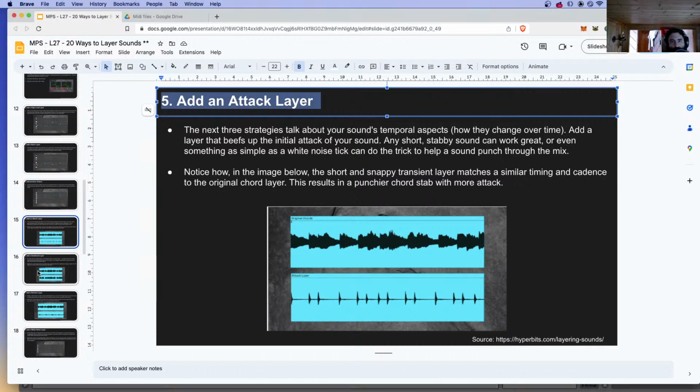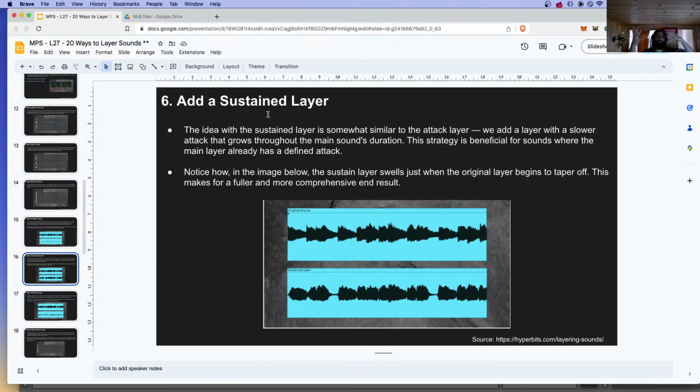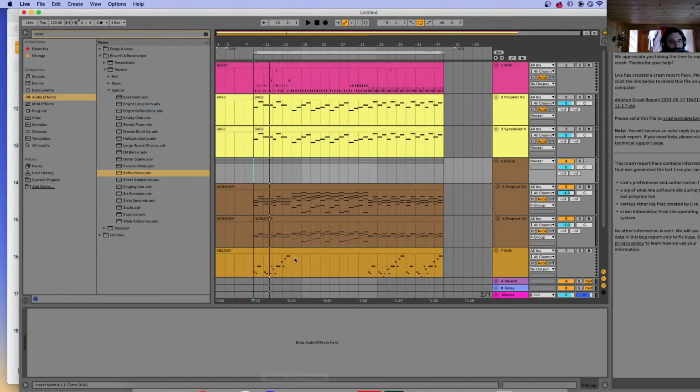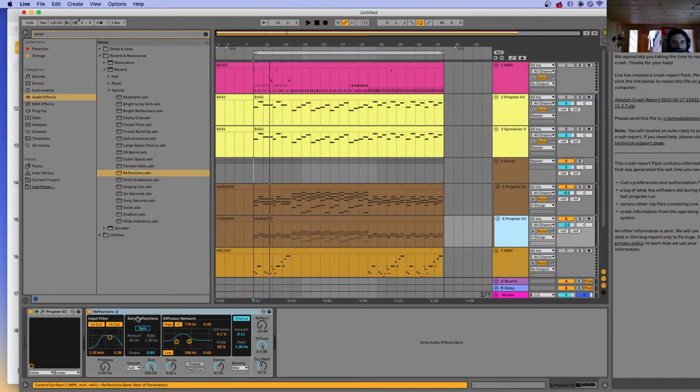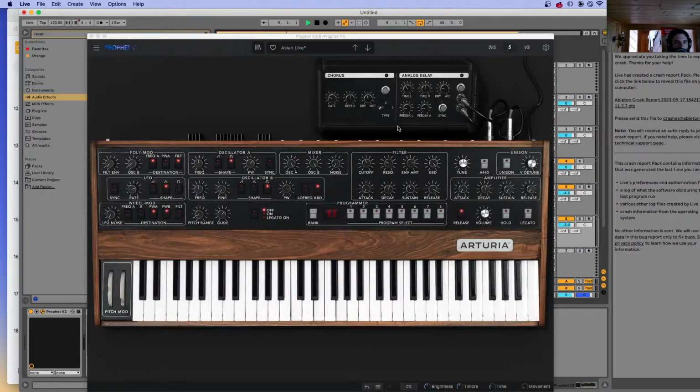So nice. Move on. The next option is the opposite. Let's add a sustained layer. So let's not just stay on adding an attack layer, but think a little bit the opposite of the procedure that we just did. It's kind of like going here and thinking more like a long attack, even longer, and thinking of the sustain. And let's make it